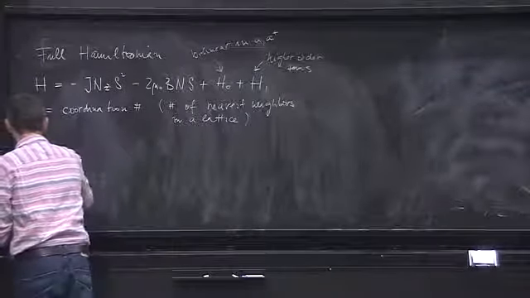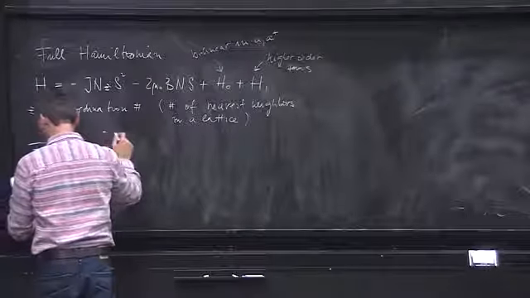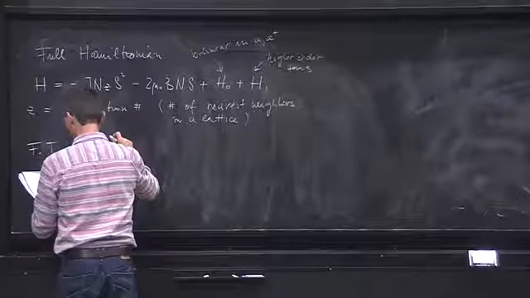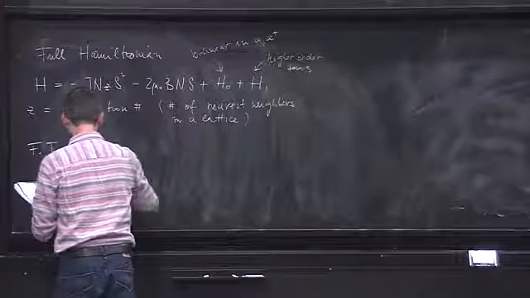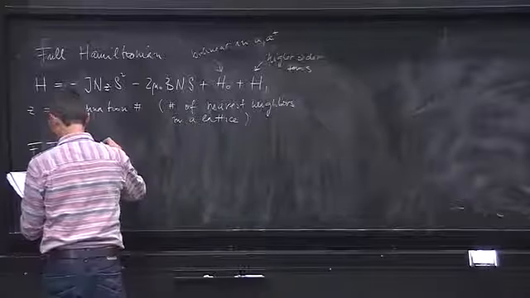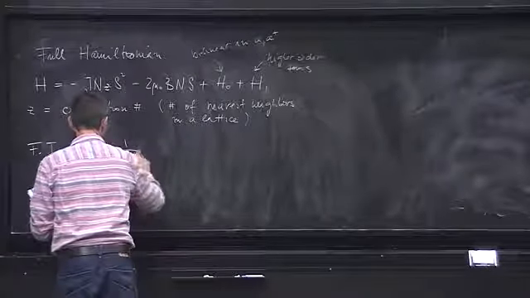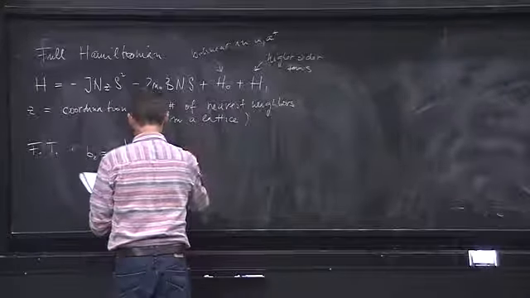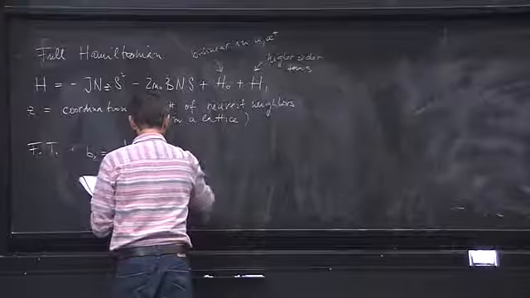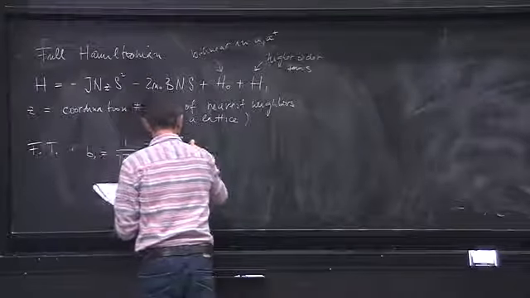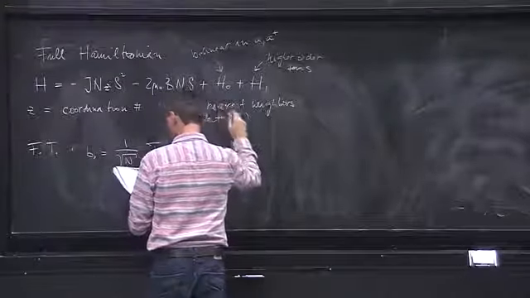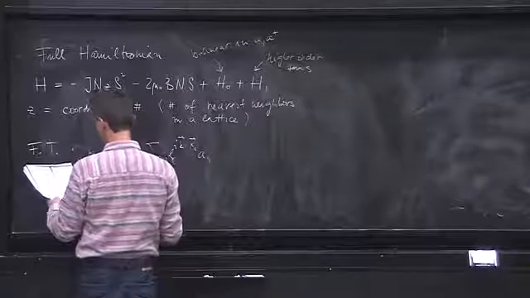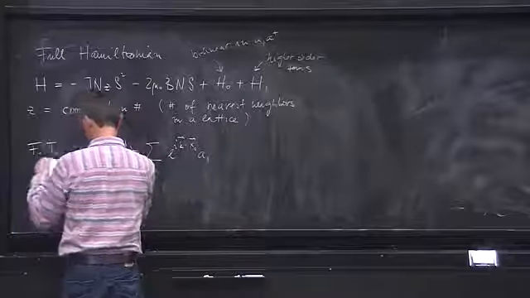So for a translation invariant system, I write new operators, which are simply Fourier transforms of my a's. And in terms of these operators,